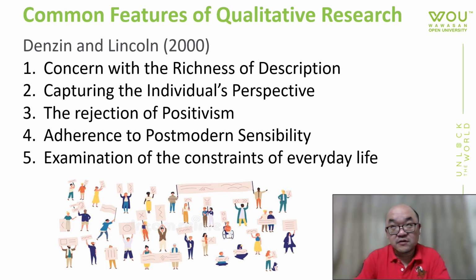Okay, and according to qualitative researchers, point number 5, quantitative research tends to ignore the constraint of everyday life. The easiest way to understand this is that most quantitative research is done in a laboratory, where I imagine the scientists are really proud of this. Of course, they should be. The laboratory allows people to control for elements, things like temperature, time of the day the experiment is done, the lightness level of the room and everything. So the control allows the scientists to derive findings with high internal validity, where they are able to establish causation.